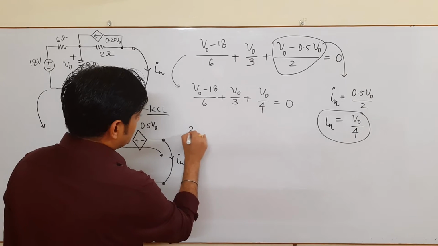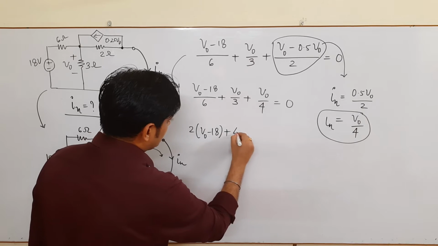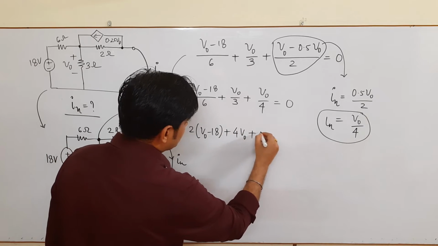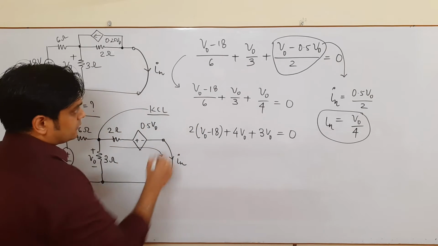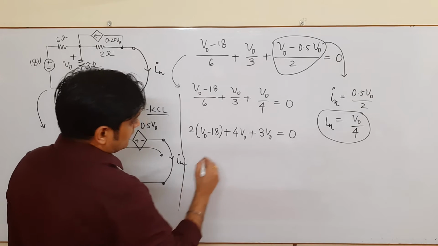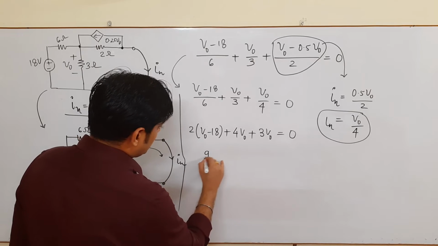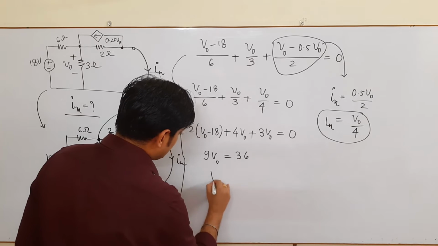So that comes to be 2 into V naught minus 18 plus 4 V naught plus 3 V naught is equal to 0. So that comes to be 9 V naught is equal to 36. So V naught is equal